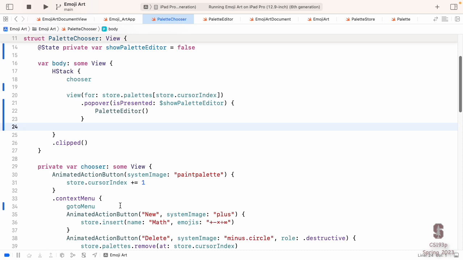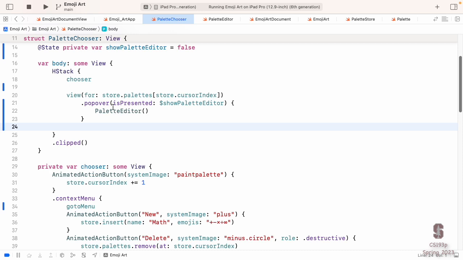So that's modal presentation. And modal presentation, you don't want to overuse it in your app. You don't want to be constantly putting a user in a state where it's like, they have to deal with this or else. It makes more sense when you have an editor. Like you want to edit the theme. Well, that's what the user asked to do. So let's do it right now, and then we'll get back to doing what we were doing before. I say this because some people will build their whole apps with just modal presentation after modal presentation, and they don't understand that the user sometimes changes their mind and they want to go do something else and they want to be able to navigate. So try to not overuse modal presentation like this.